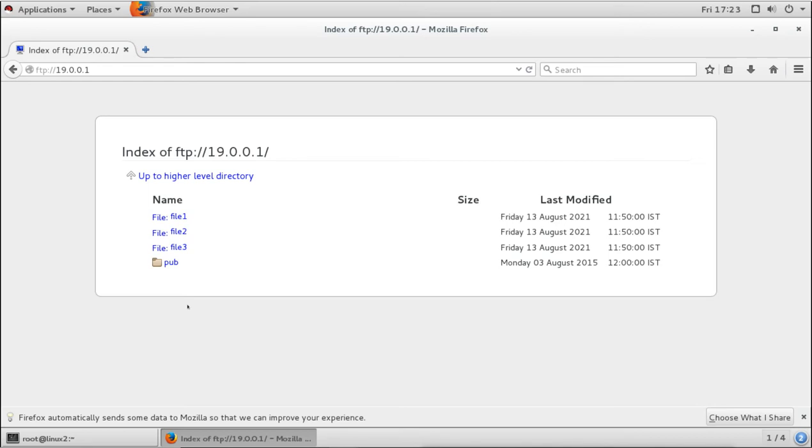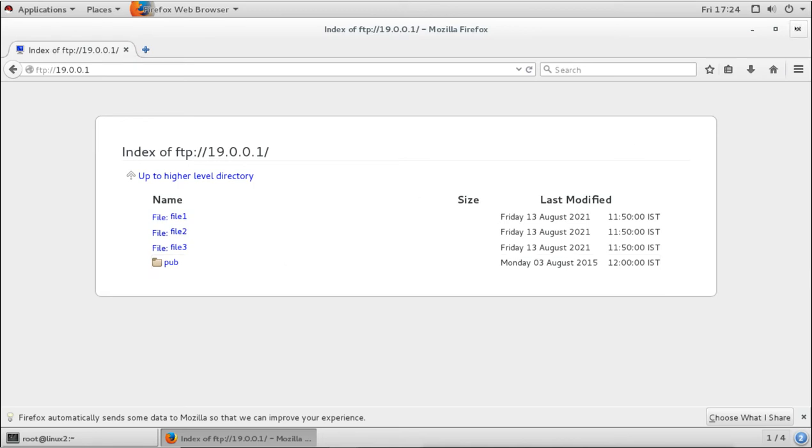So when we access from the browser, by default it gives the access of the default directory, that is under where FTP, and here we see the files created under that directory, with this pub directory. Now I told you that FTP uses the client server architecture, where when you try to access the server, it asks for authentication, but it has not asked anything here. When I try to access it from the browser, it did not ask anything. Now why did it not ask anything?